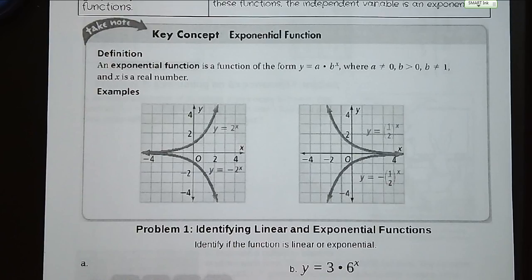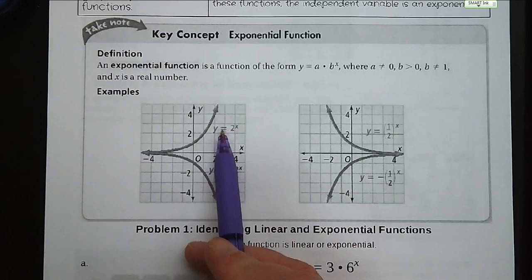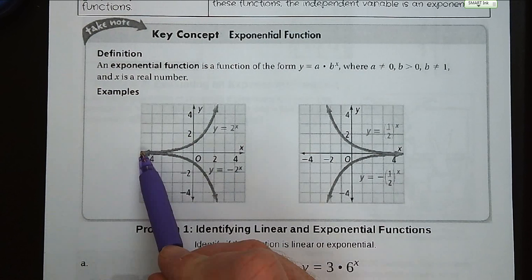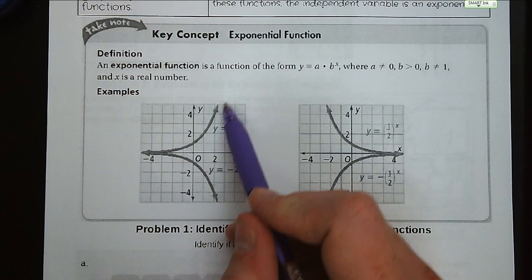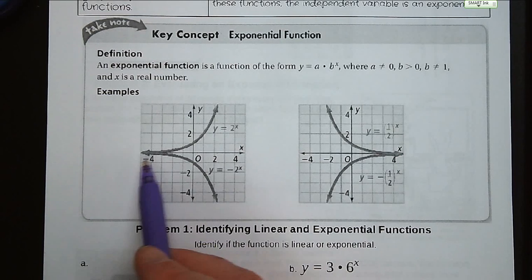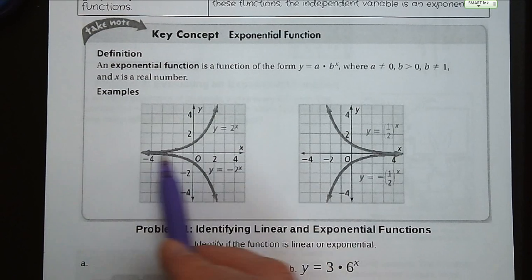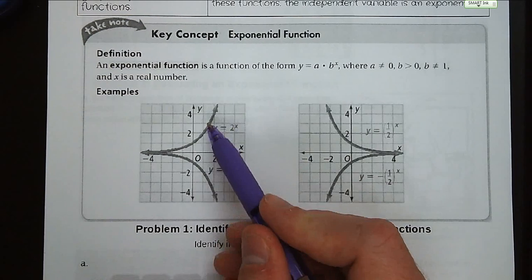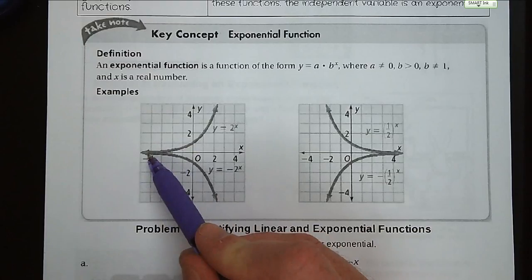All right, so we've got a couple different graphs of what they look like. We have y equals 2 to the x and y equals negative 2 to the x, and you can see each of these graphs kind of form like half of a U shape. The x-axis is what we call an asymptote, where this line will get infinitely close to it, but it will never